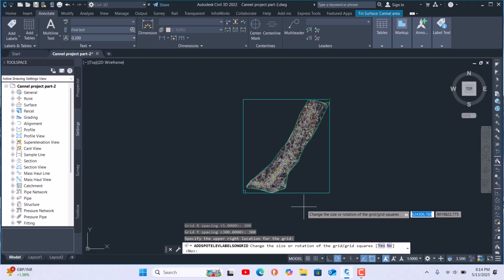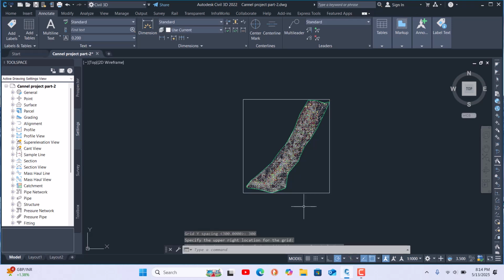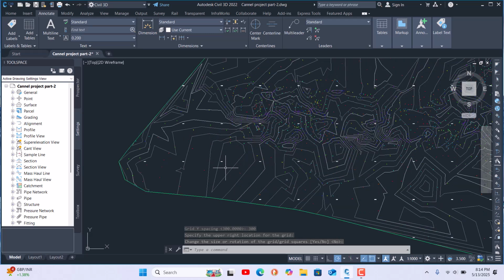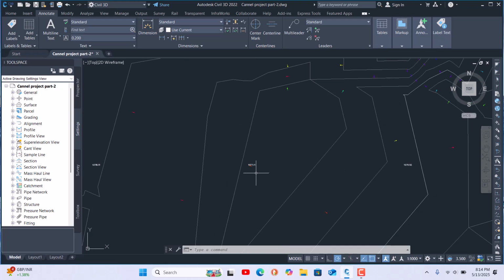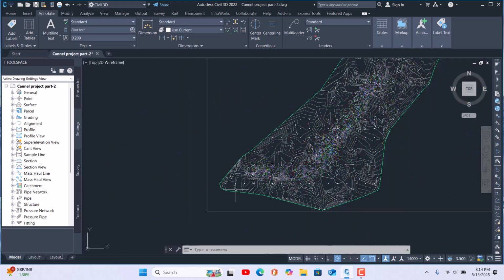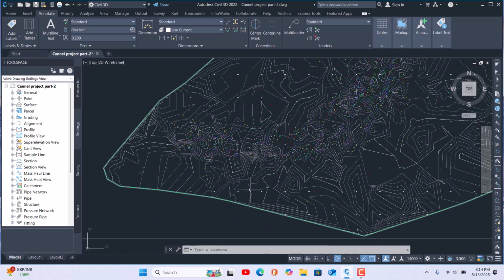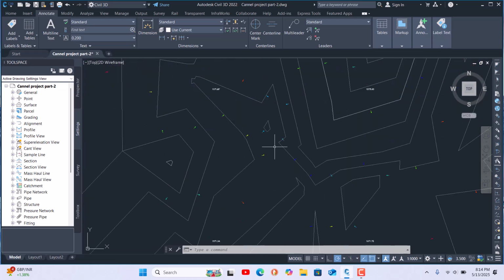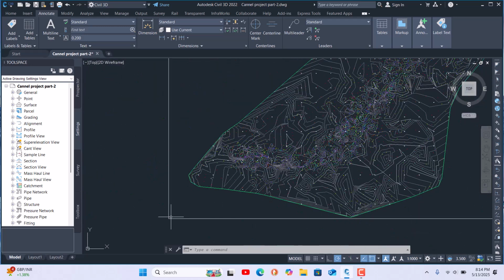We don't want to, so hit enter directly and wait a few seconds. Then it assigns the labels every 300 meters. If you want to check, you can check. It is every 300 meters from here.